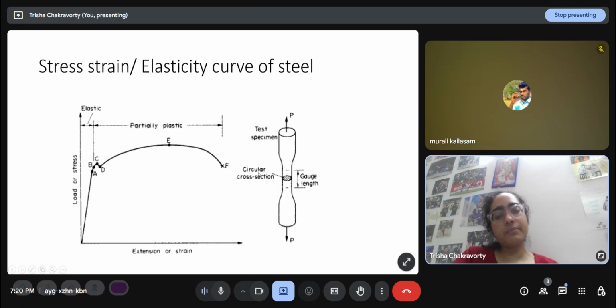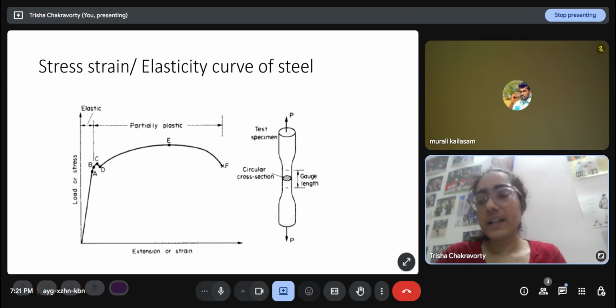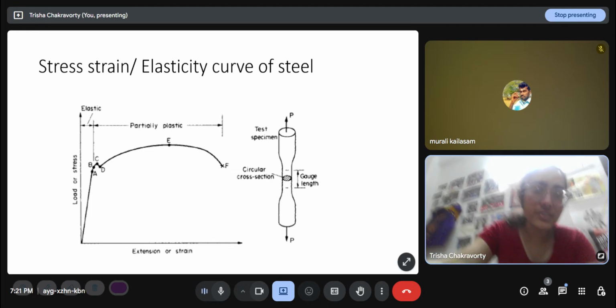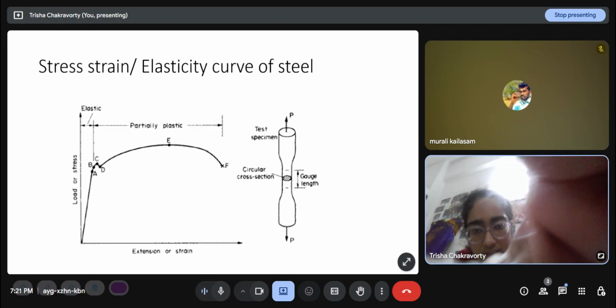This is obtained when a cylindrical specimen is made to undergo a tensile test. The force P on both ends is ramped up in steps, like 5 kilonewton, 10 kilonewton, 15 kilonewton, or 1, 2, 3, 4, 5, like that. It is ramped up, and a response measurement device like a strain gauge will measure the strain